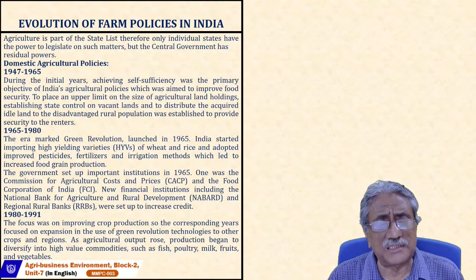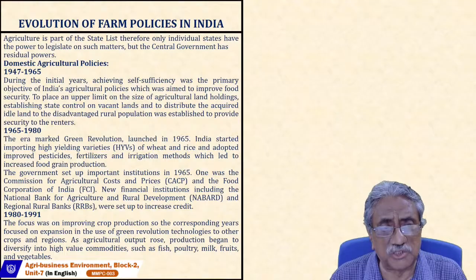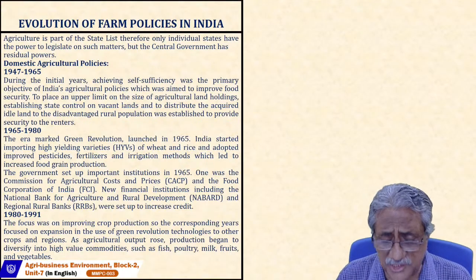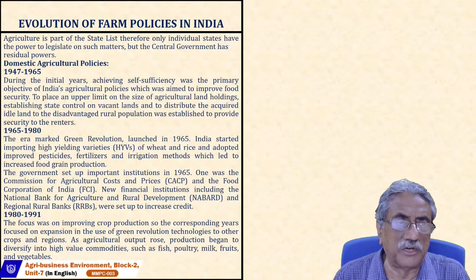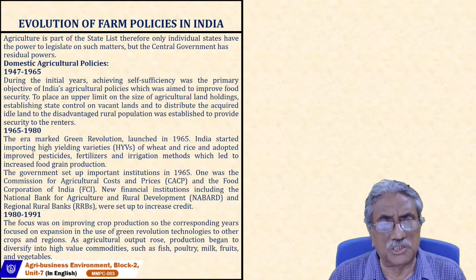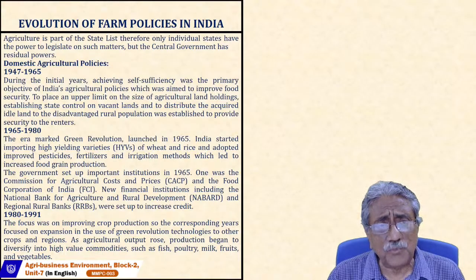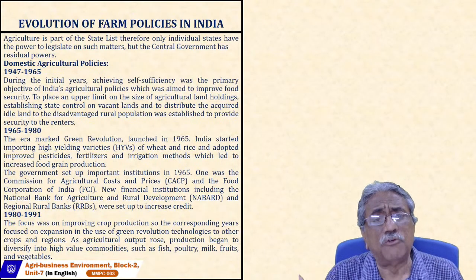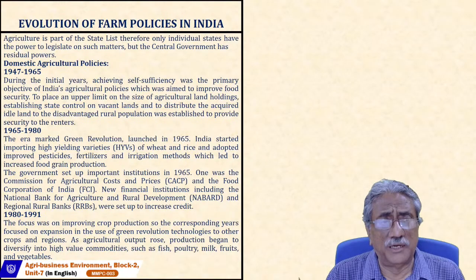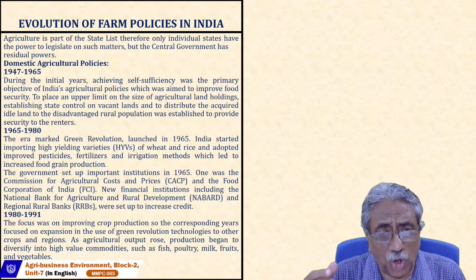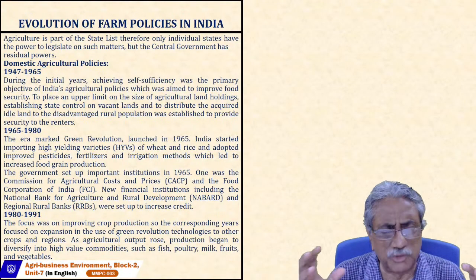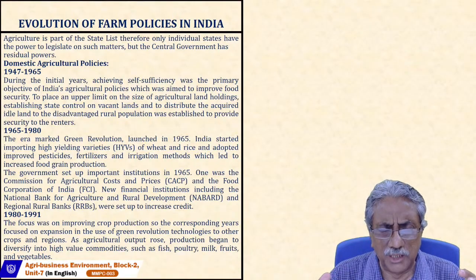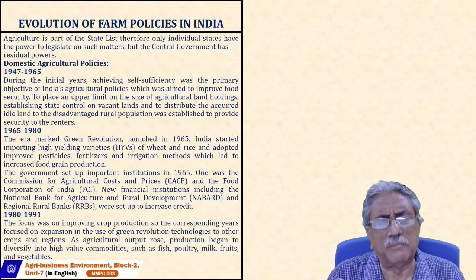65 to 80, this was the golden era because the Green Revolution started. Interestingly, Mr. M.S. Swaminathan, who is associated with the Green Revolution, it was launched in Punjab, and a high yield variety of wheat was started. India imported from Brazil and other places, and then they adapted that, because if you import from Brazil, it is suitable for Brazil's climate and other things. So scientists led by M.S. Swaminathan,